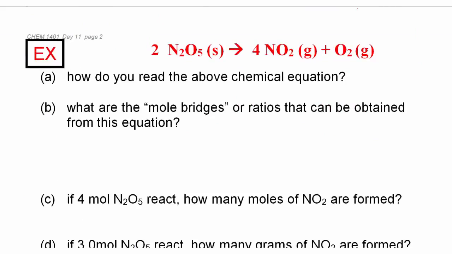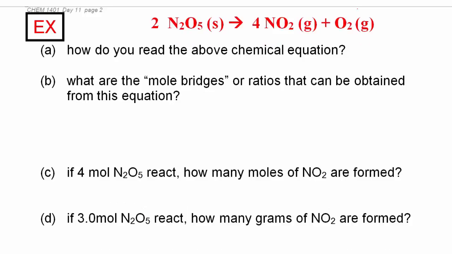So let's start out just by reading a chemical equation. So here's a chemical reaction. We have reactants going to products, but how do you read it? These are mole ratios. Do you remember these are the stoichiometric coefficients? So how we read it is you would read it as 2 moles